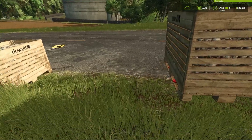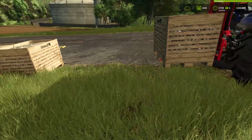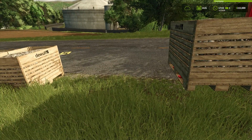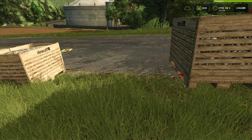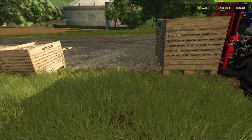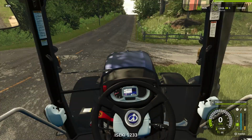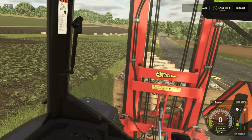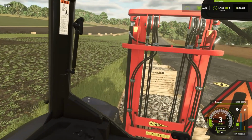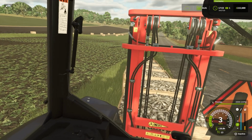So the flatbed of the lorry would be this way, so the lorry would be facing sort of this way. I can only put them on like that. I can only get two on like that. But if I lay them out like this and then drive the lorry next to them and then use the auto stack, I can get four on. So it's sort of worth it. I know I could just drive up to the box itself and press the auto load, and after 4 boxes it would be 4 boxes still on the auto load, but